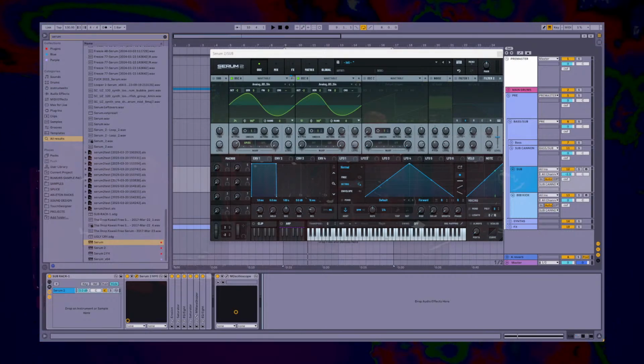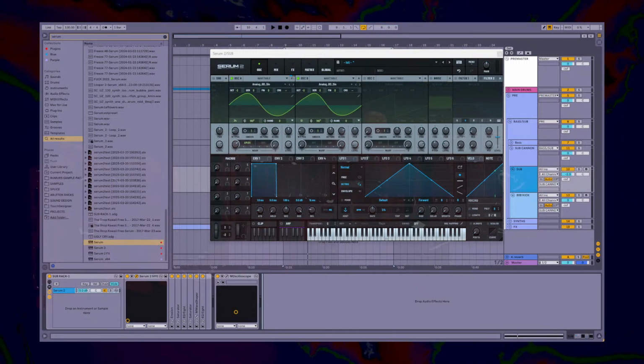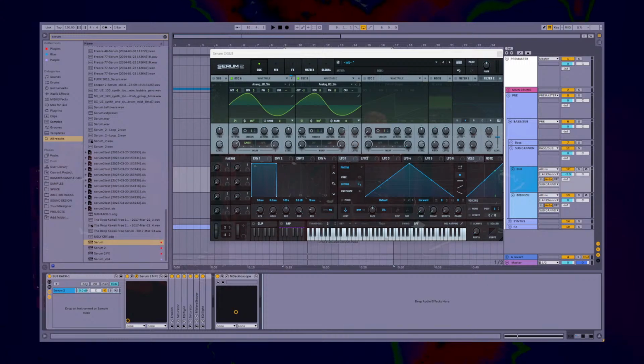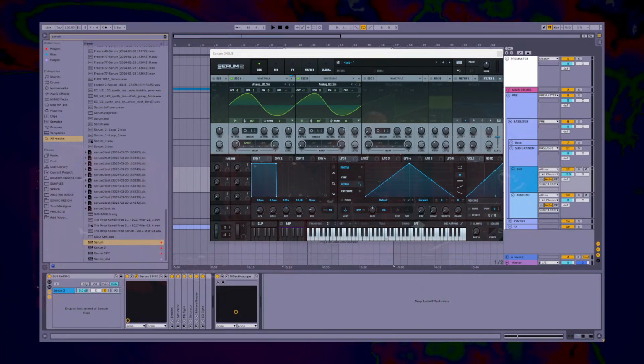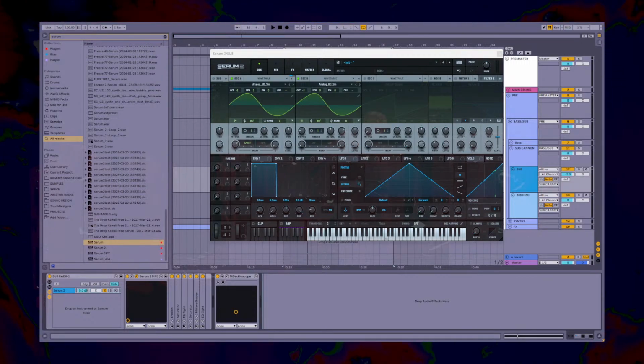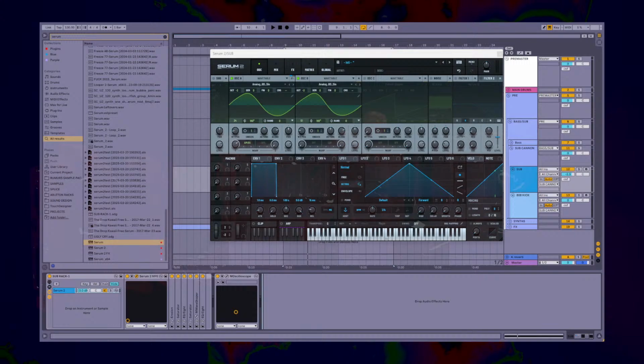Do they have a GitHub? No, they don't. They have a GUI engine. And they got